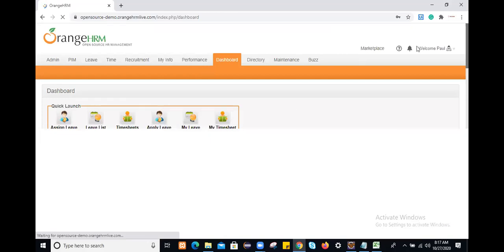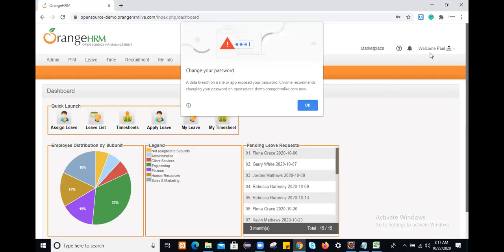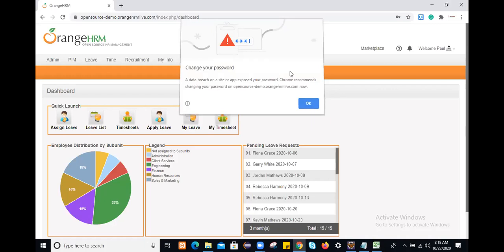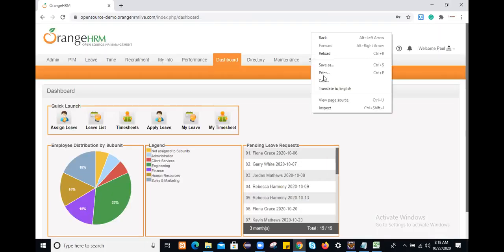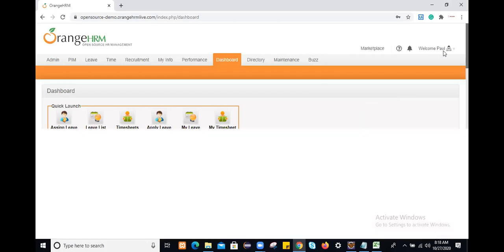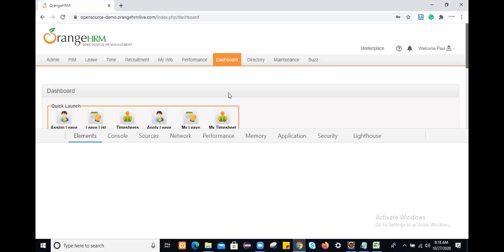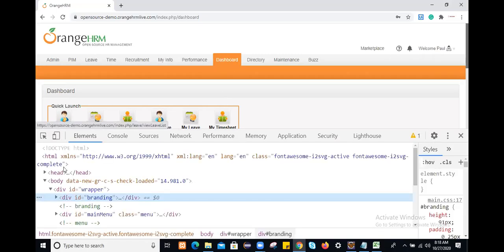Once you perform the login, you will be on this page. So we will check once you are logged in to the application. Okay, I don't want to change the password. Okay, if you are logged in to the application, so simply we'll check whether this username is displayed or not. Okay, this username is displayed or not. Or I will inspect this.